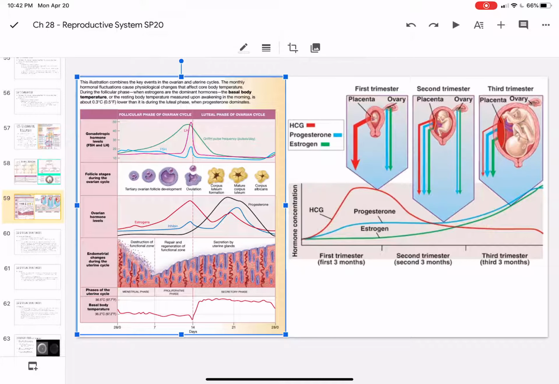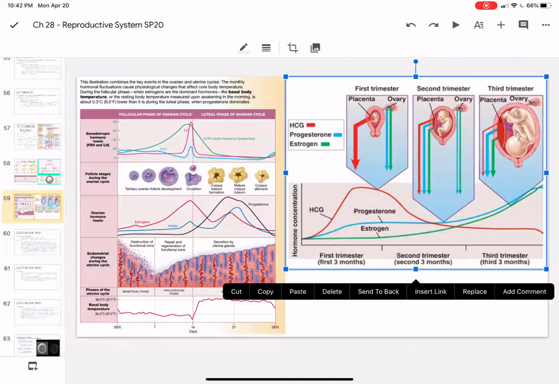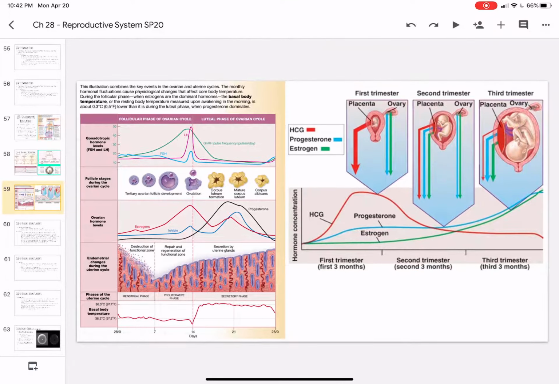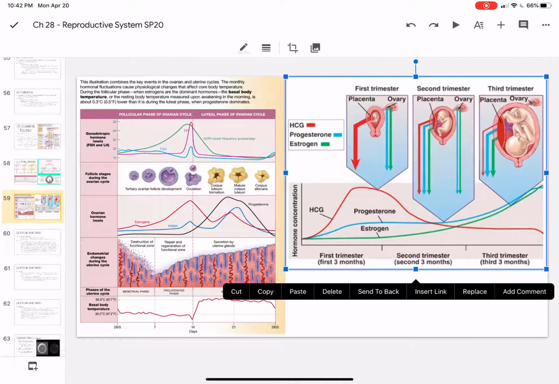On the right here, I have something that you do not need to memorize, but I think is relevant, because what happens whenever you actually get pregnant? Where do your hormones come from? Let's talk about progesterone first because that's what we know. The progesterone will still be released in some amounts from the corpus luteum. After a certain period of time, though, it doesn't need to be released anymore. Instead, it will rely on the placenta to produce its own